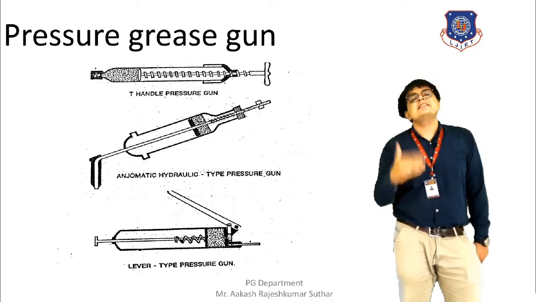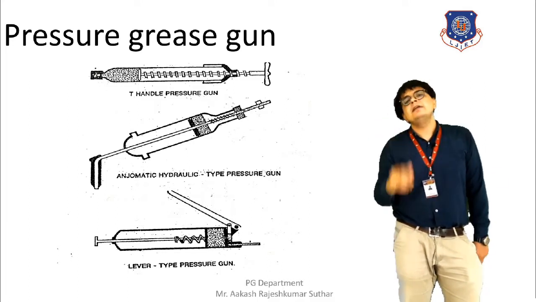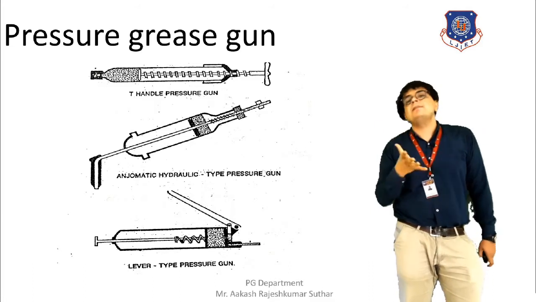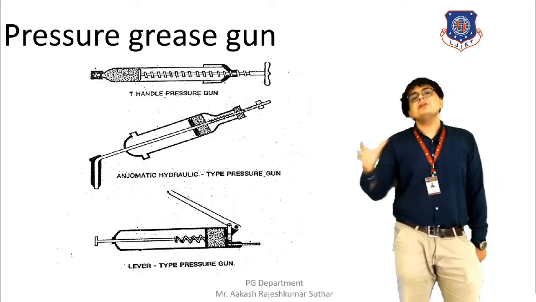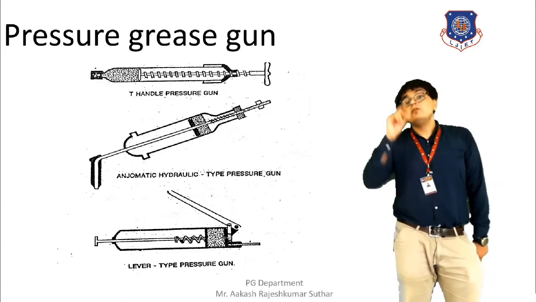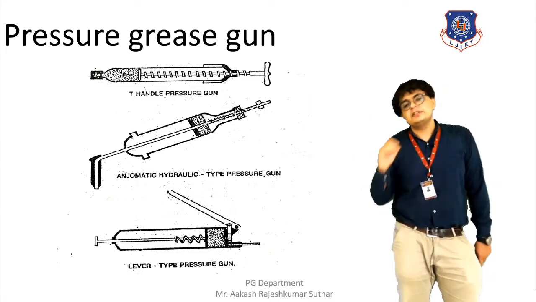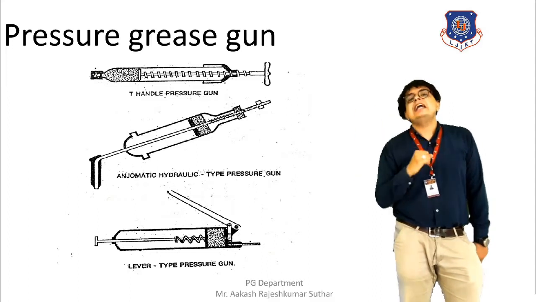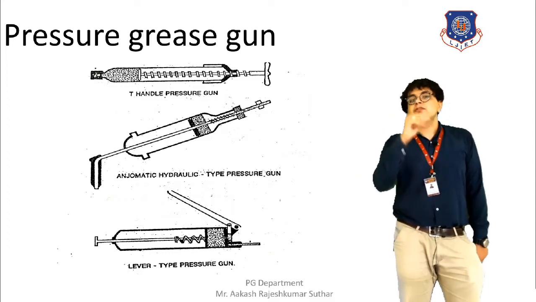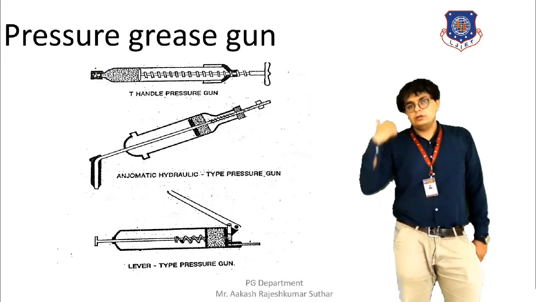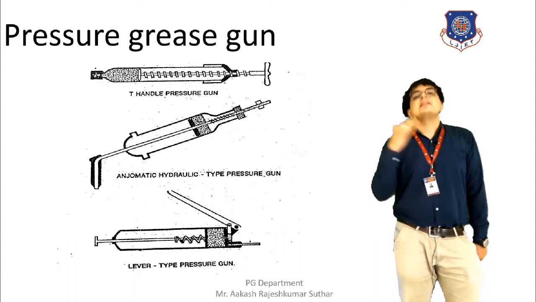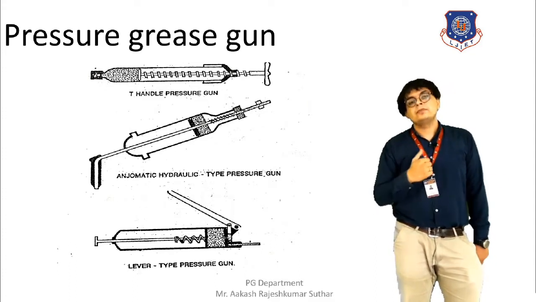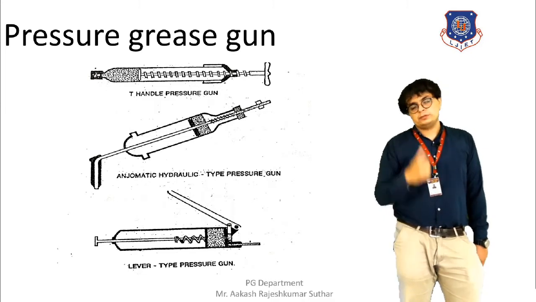The third is the lever. With the help of the lever arm, we are applying the pressure to the equipment, and ultimately the grease or the lubricating oil that is filled into this equipment will have pressure, and as a result of this it will move out. It has high pressure, and as a result of this it will be ejected to the required location. So this is how the pressurized gun works, and it is highly beneficial, effective and efficient. So this is how it is used.